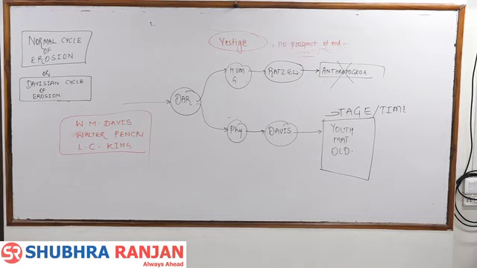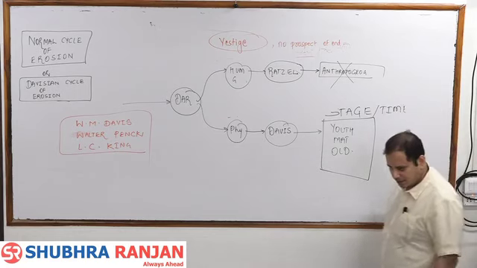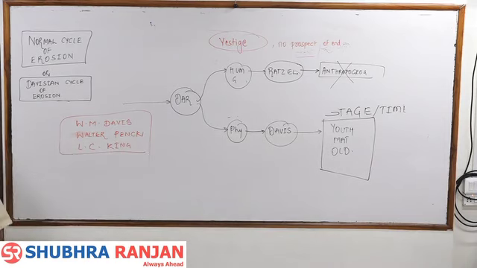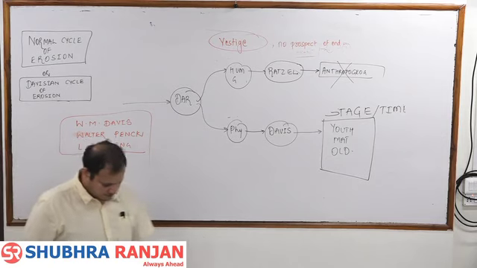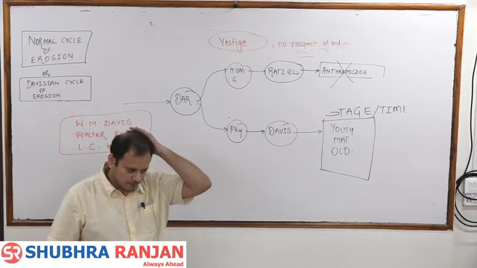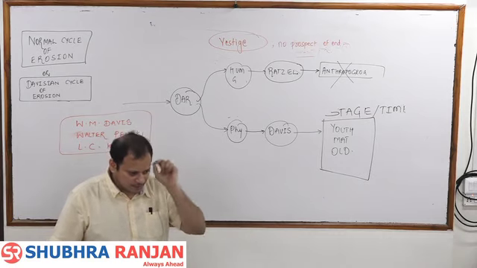Basic assumptions. You just write down basic assumptions. After that, next point. According to Davis, his normal cycle of erosion starts with rivers, because his cycle is based on